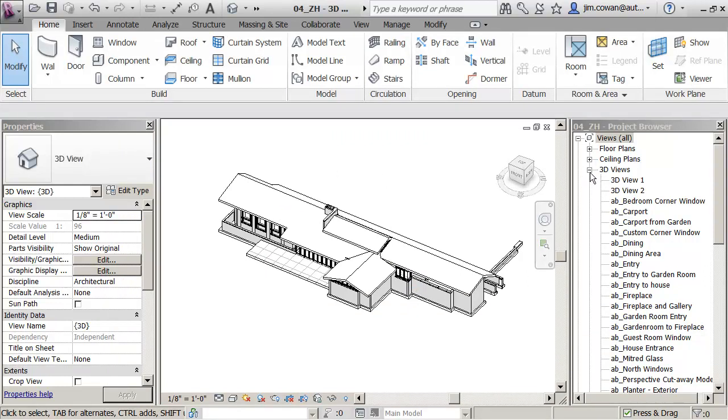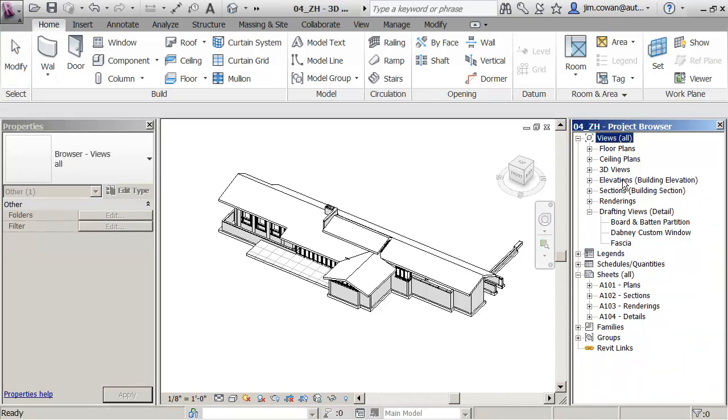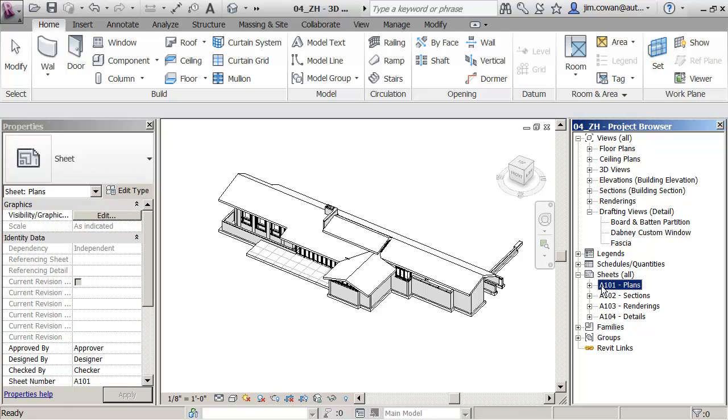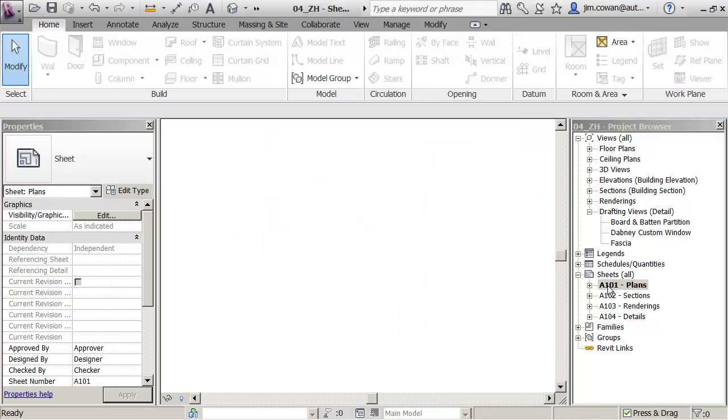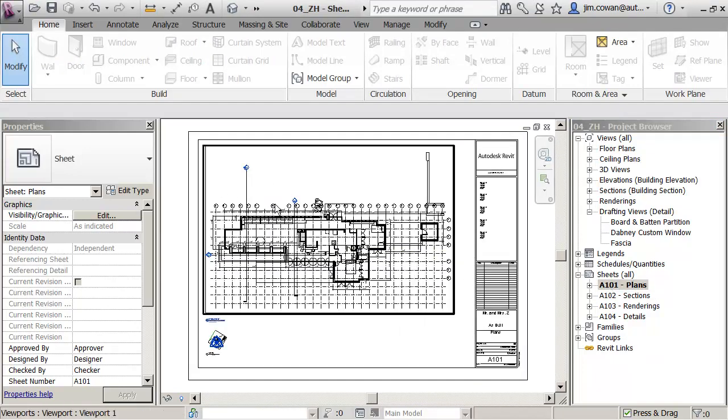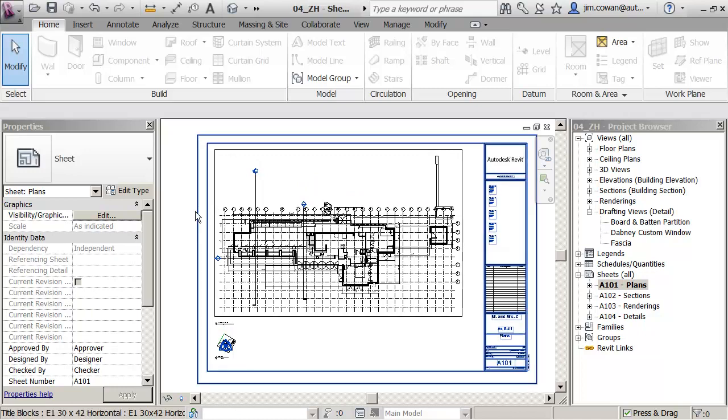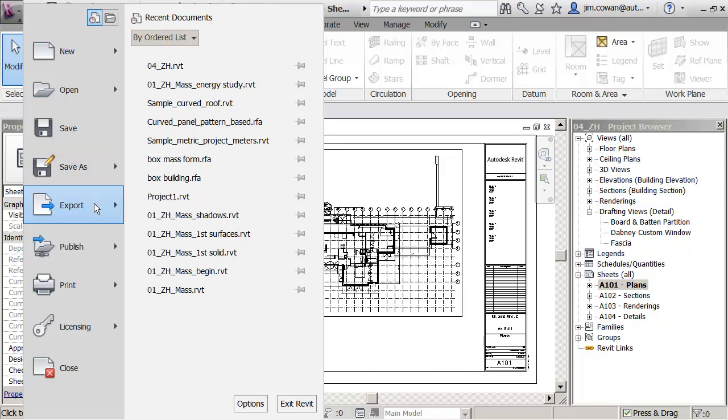For example, in my project, if I thought that the people doing the quantity takeoff might get some benefit from having maybe the floor plans or the sections, because they could actually just use a 2D elevation view and take off, for example, the square footage of the floor by measuring it in the drawing itself. So it's not that you need to have a 3D model, it's that you've got a combination of 2D and 3D information. If I wanted to export that, I'm going to say export,